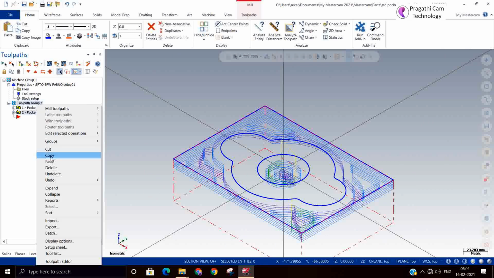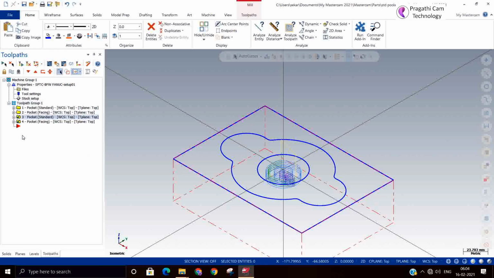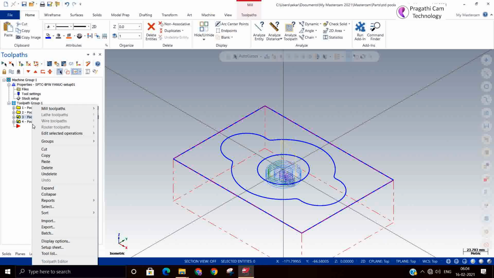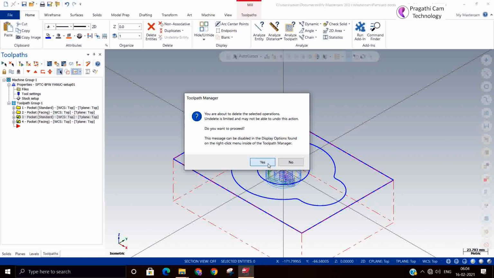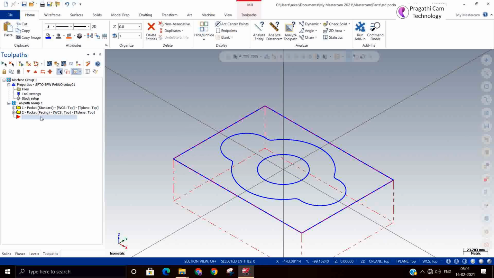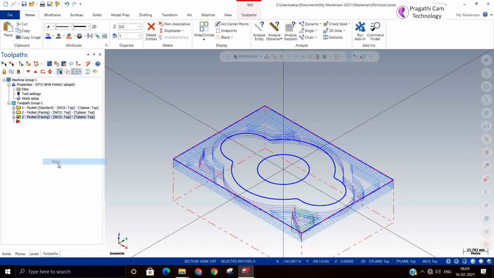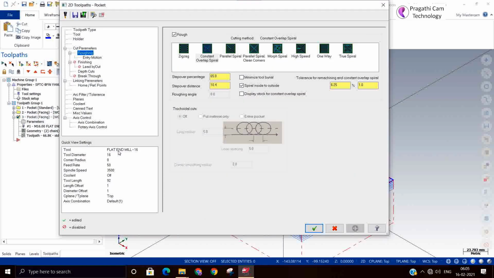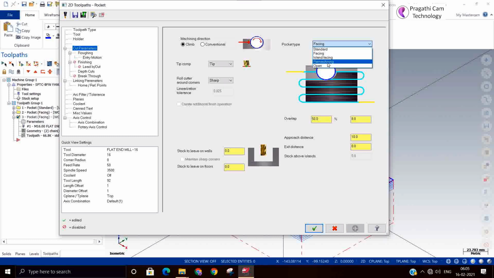I'll just copy it and paste it. I don't want both, only one now. I delete the in-between one. I'll again copy it and paste. Now I'll go here. First of all, I'll change my tool. I will change the parameter here to rest machining.